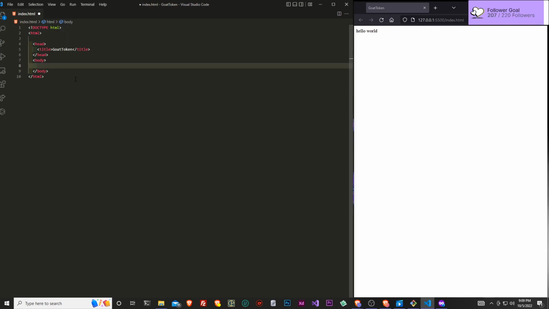So in this case, let's wrap our hello world into an h1 tag. And you guys can see that the web page automatically gives us some nice styles that by default is on every web browser. Now in HTML, this h1 tag represents the heading.